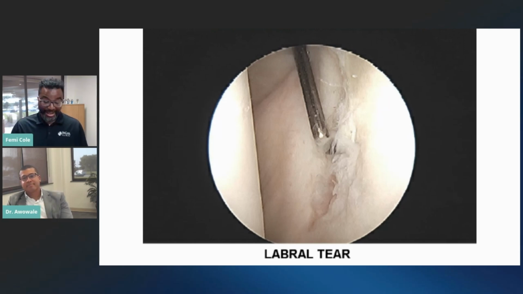Okay. And then when does surgery become the cure? Yeah, that's a good question. And it comes in different forms depending on the patient and the type of injury. There have been a lot of studies that now show that patients who are under the age of 20 and are in a high-risk dislocation sport, such as football or rugby, where they can re-dislocate,